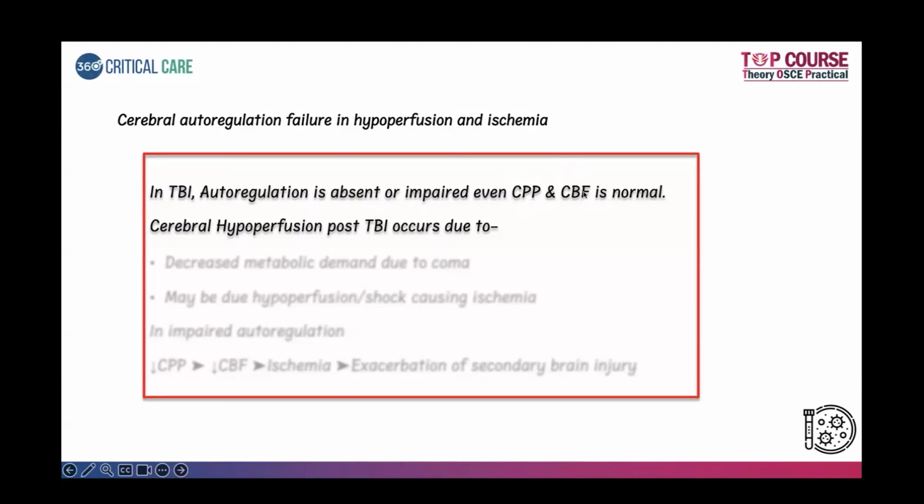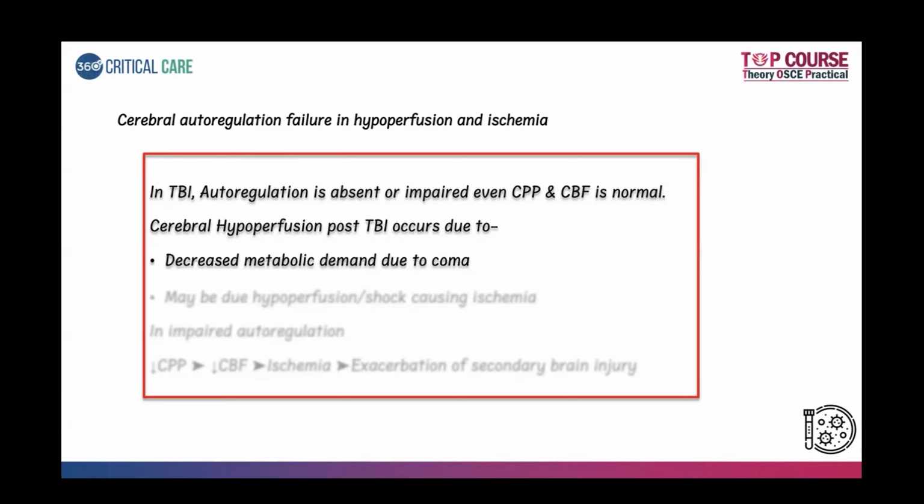If you have a disruption of the autoregulation due to anything, usually it is a secondary brain injury that causes it. You can maintain a good blood pressure, a good cerebral blood flow, a good cerebral PO2, but still if the autoregulation is impaired, then the patient can have a worse outcome. Usually in traumatic brain injury, there is cerebral hypoperfusion, either due to the sedation or the coma